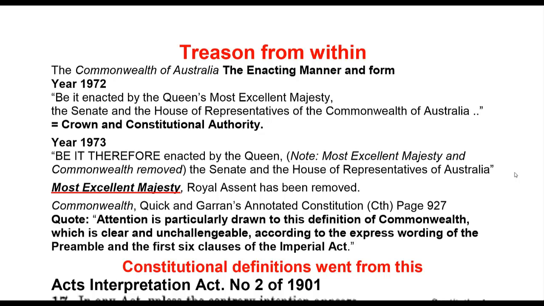or a Governor General. Your 6 state governors, later on, they're all compromised at this time because they're paid in the dollar. But they're still using the Royal Coat of Arms, Royal Assent, in 1972, even though they took over the Governor General in 1960. This is all done by slowly changing things here and there, so it's not so noticeable. But when you turn around and take out Most Excellent Majesty and the word Commonwealth, you remove total Crown authority out of your enacting manner and form.